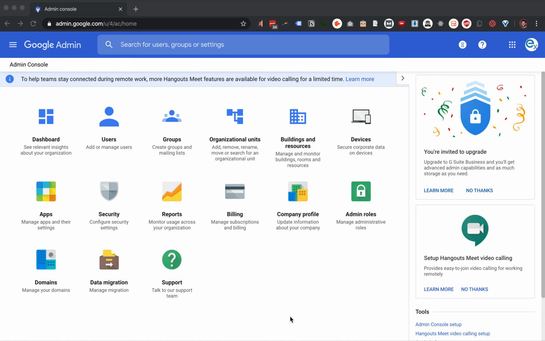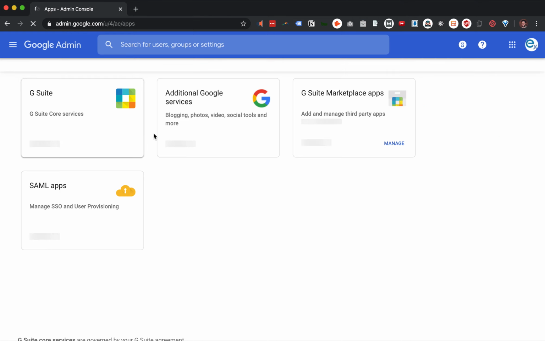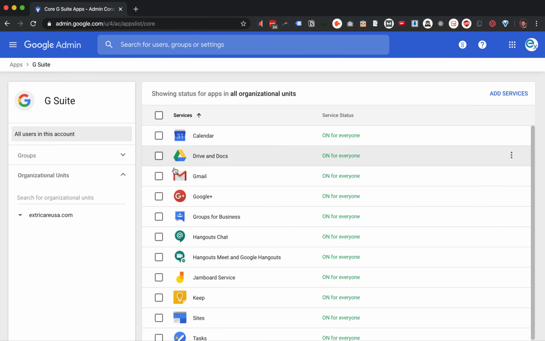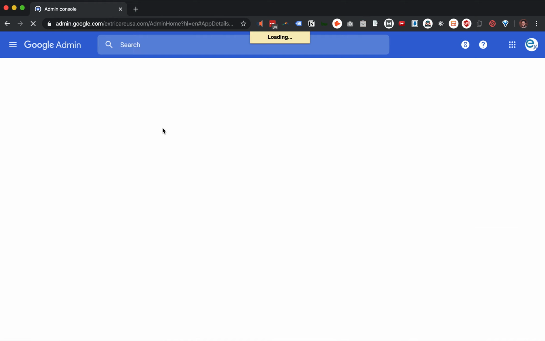On how to set up email forwarding in G Suite, which is a little bit complicated in terms of the number of steps. So the first thing you're going to do is go to admin.google.com. Then you're going to go to apps. Then when you're in apps, you're going to go to G Suite. Then when you're in G Suite, you're going to go to Gmail. Then when you're in Gmail,